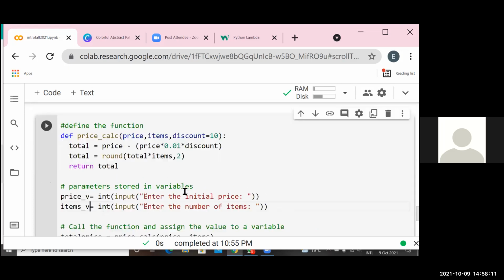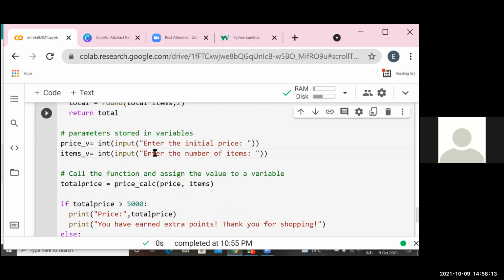Now the output of our function here. We need to give our function the values of the parameters. So that was the first price, any price that the user enters, and the number of items that the user enters.